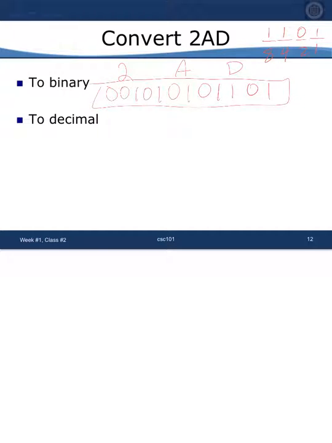Okay, but let's now do the conversion to decimal. So how much is 2AD in our world? Obviously you've got it in binary here, so you could convert from binary if you want. But let's go right back to 2AD and ask, how much is that actually worth? Remember, we've got place values, which for hex are powers of 16. So 2AD, these characters land in these three place values. So D, which remember is 13,